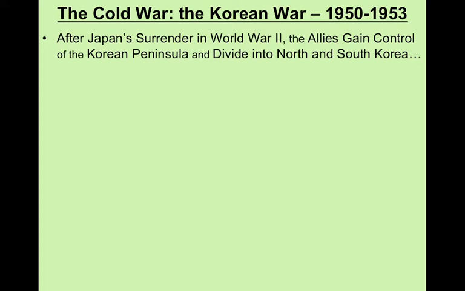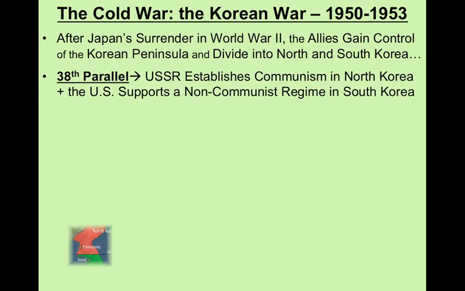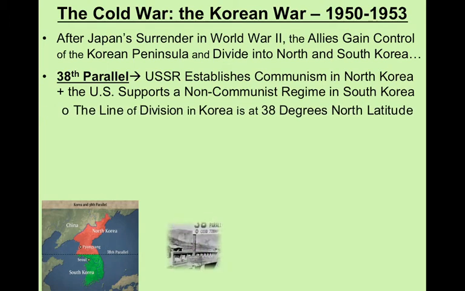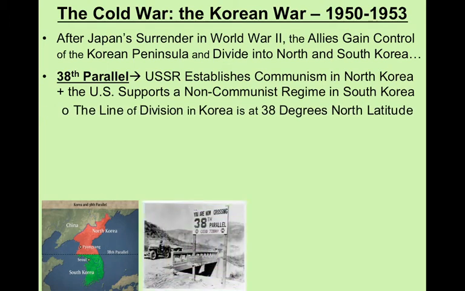And so like they did with a lot of other places, they're going to divide the country into North and South Korea. Dividing it up, why? So that way one part is communist and one part is democracy, or in this instance, democracy friendly. And what we're going to see is Norths are always going to be communist, whether it's Korea or when we get to Vietnam, and Souths are always going to be democracy friendly, not true democracies, but democracy friendly.